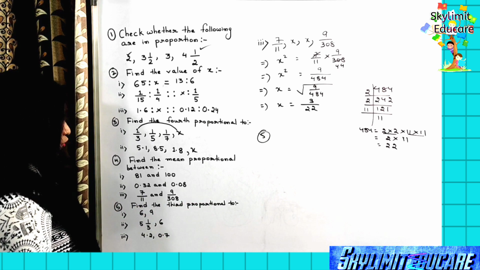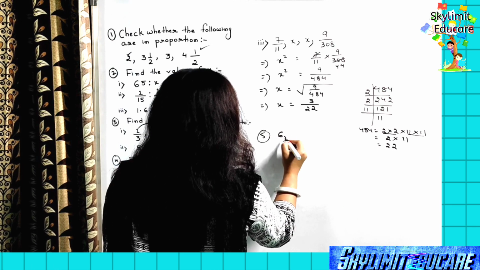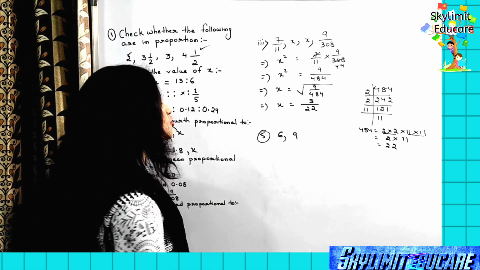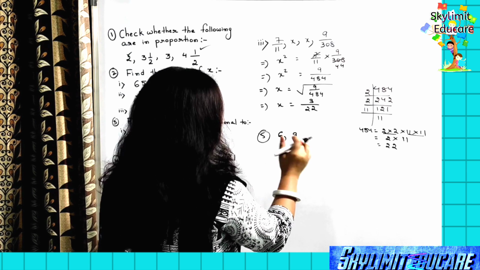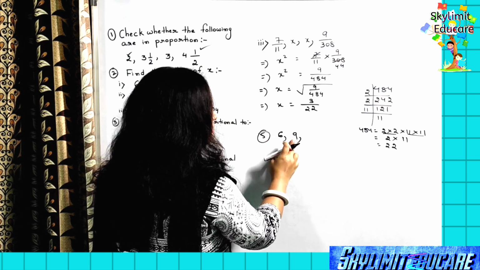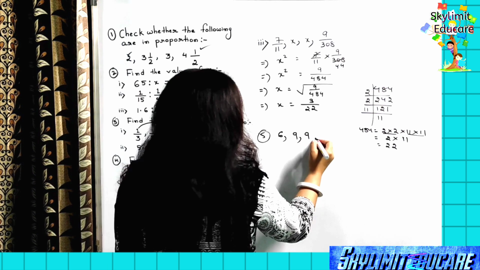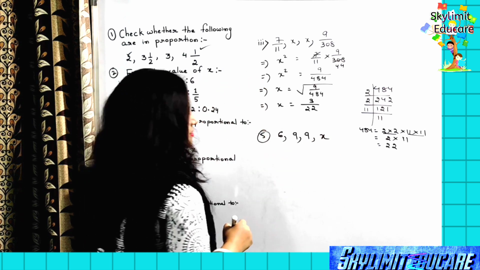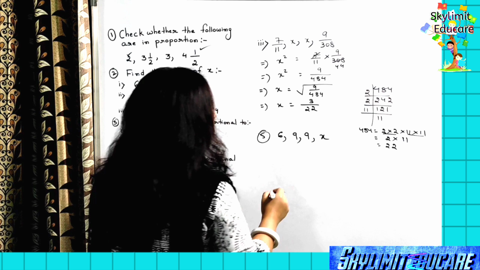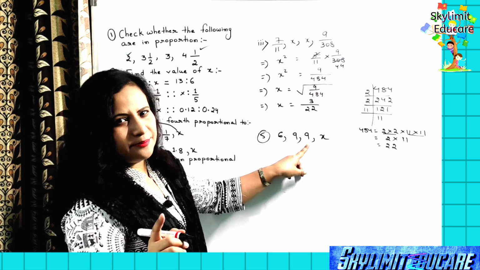Now let's come to question number 5. Find the third proportional to. Okay, so find the third proportional. So you are given only 2 terms here and you are supposed to find out the third proportional. So in this case students, you are going to repeat the middle term, the means. That means here 6 is the extreme, 9 is the mean. The next mean will also be 9 and the fourth term will be x, right? You're going to solve in this manner, okay? That means you are going to repeat the second term. Second term and third term should be taken as same, okay?